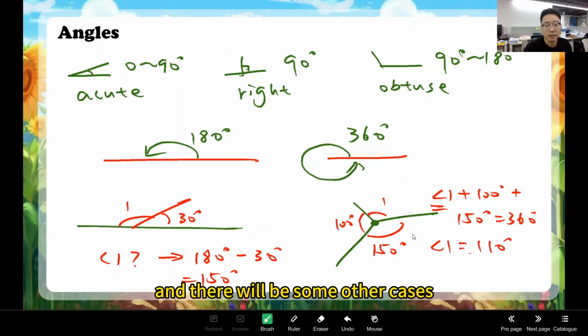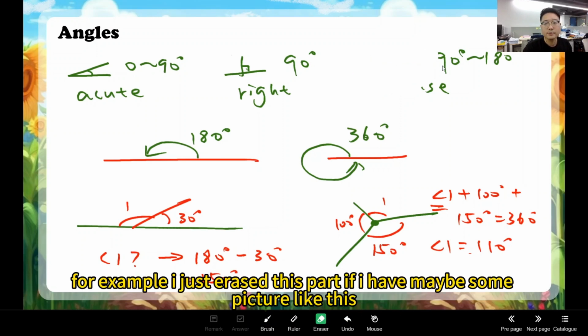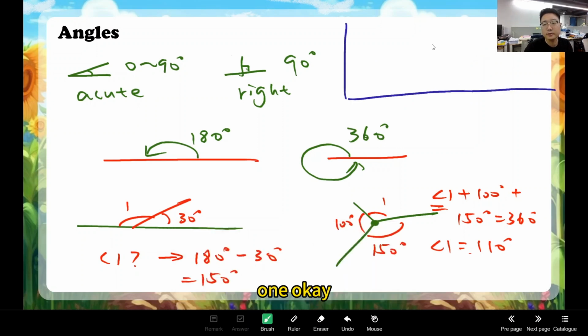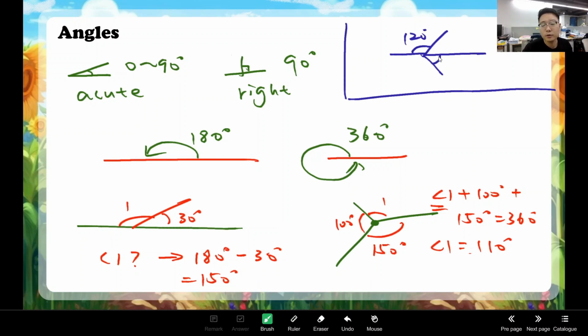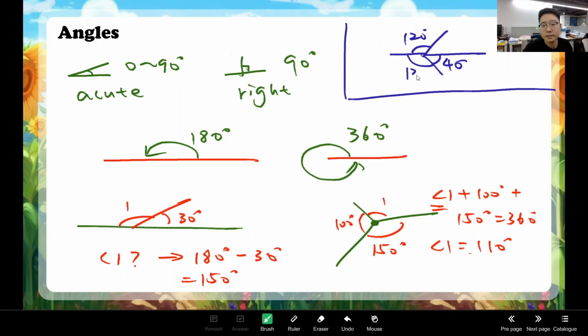Alright, and there will be some other cases I would like to tell you. For example, I just erase this part. If I have maybe some picture like this one, and in the picture, it tells you that this is maybe 120 degrees, okay, and maybe this one will be 40 degrees, and this one is 130 degrees. So some students might observe that, wow,